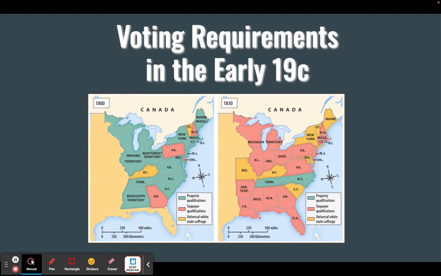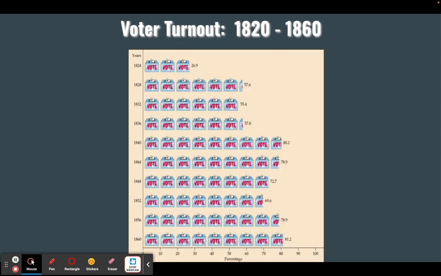Transition that to the right-hand side in 1830, where now most states by this point have moved on to, hey, as long as you pay taxes, you're able to vote. And then you can also see the rise of the yellow, where the yellow is, as long as you're a white man, you can vote. It doesn't matter if you pay taxes, it doesn't matter whatever. So you start to see the idea of that expand as well. And so you can see what that causes. It causes a large voter turnout from 1824, and then slowly over time it builds.